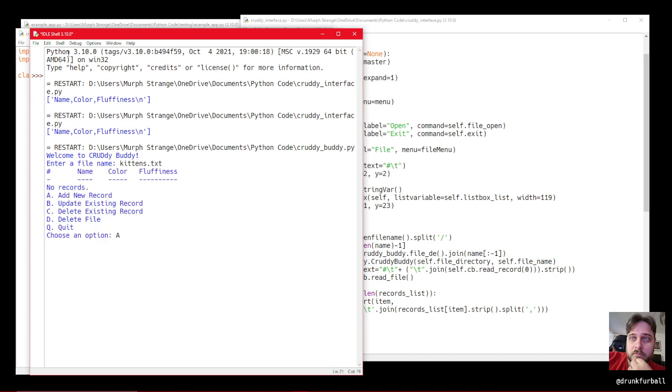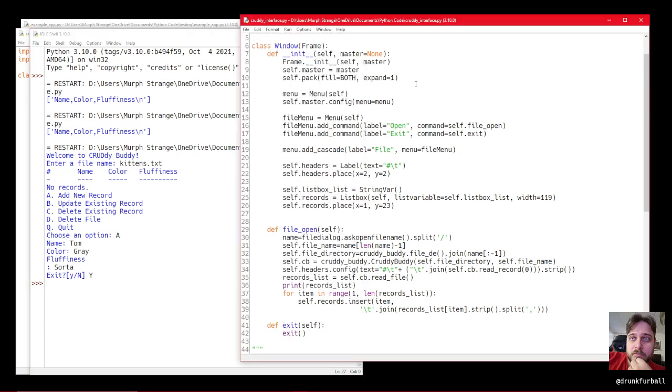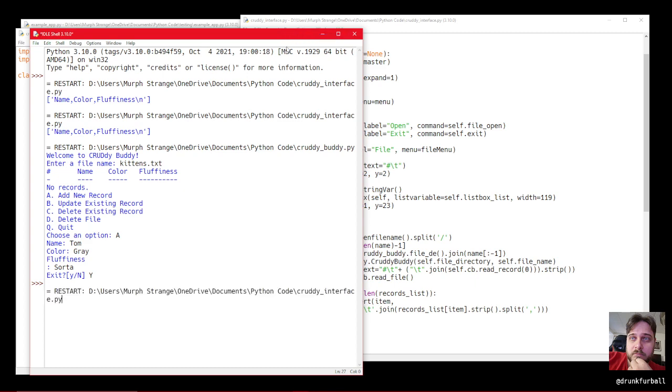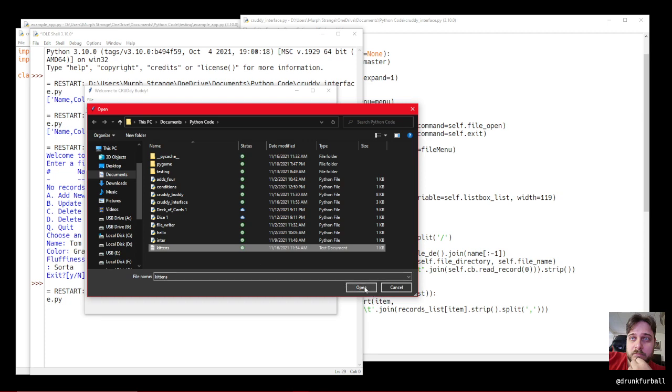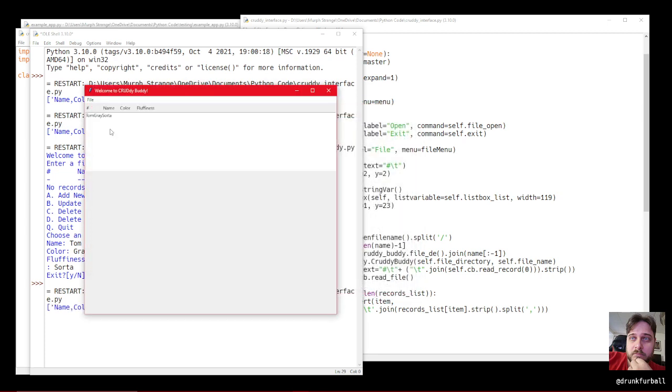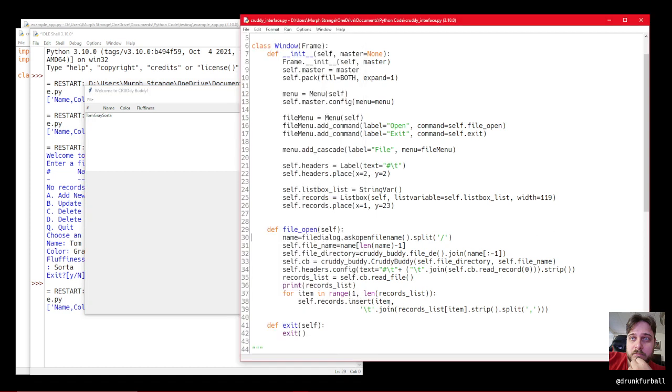Alright, let's add a record. We'll go with classic Tom. He is a gray cat. He is sort of fluffy. Yes, we can exit now. Now if we run the interface, and we open that same kittens file, Tom, he's gray, sorta. Okay, so we have everything, but